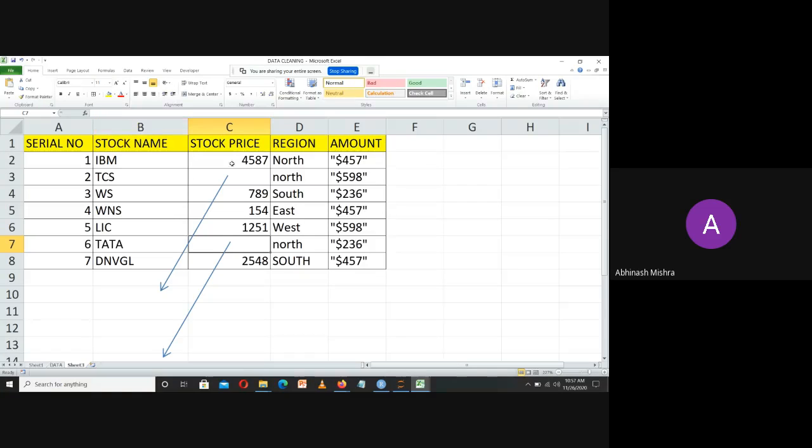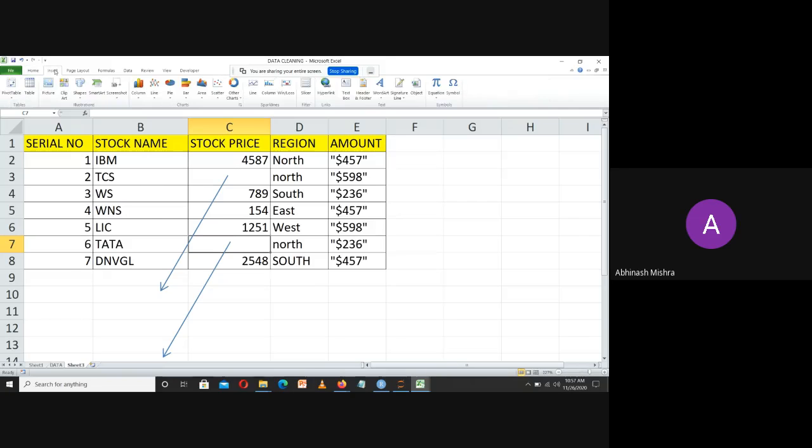Now again, what is this? These can be understood as missing values. So I can term these two as some sort of missing value.